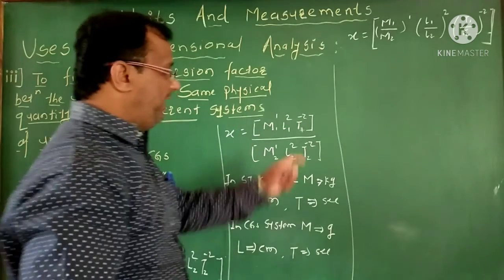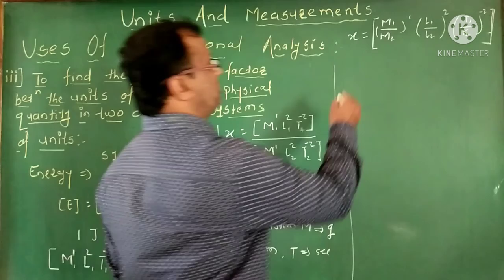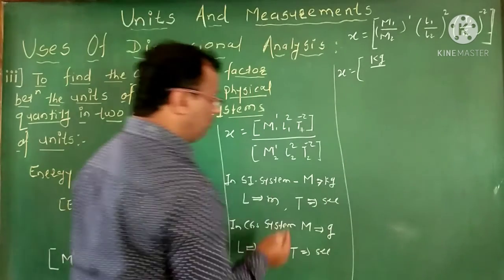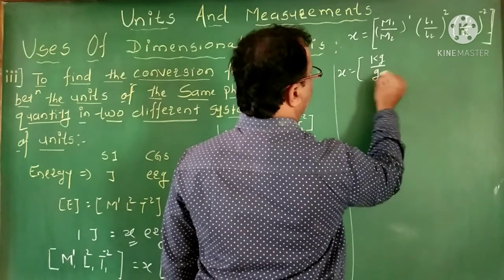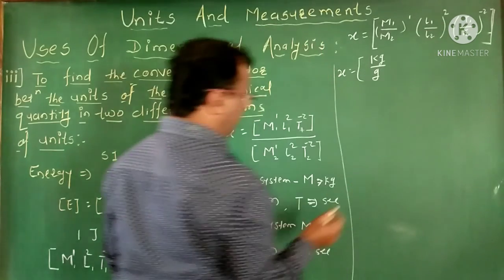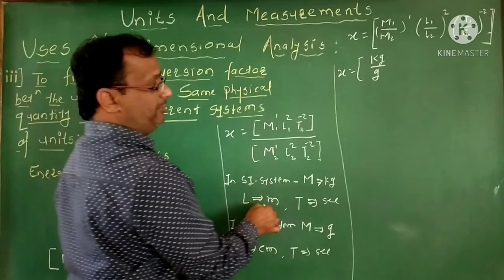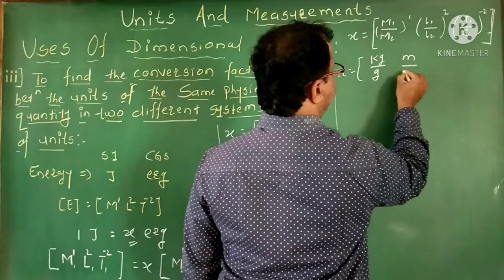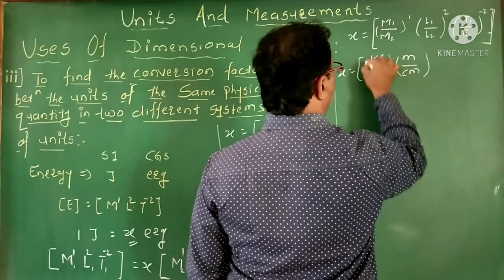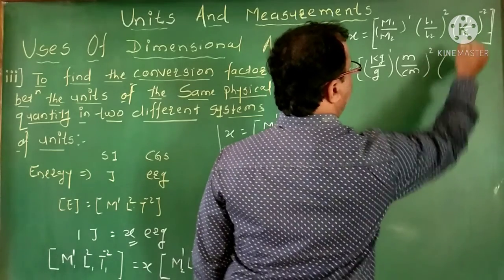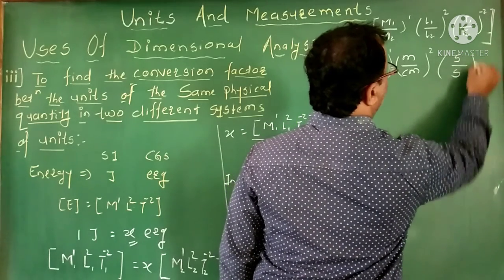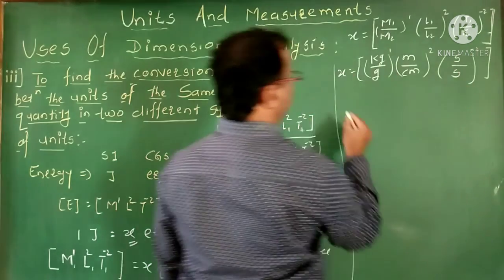Right? Then the value of M1 is simply kg. So we get x equal to simply kg, and M2 is simply gram. Then second one is length. So in SI system, length is the meter, and in CGS system, this will be the centimeter. But again, here power is 1, here power is 2. Similarly for the time, it is second, again second in both the systems, and their power is -2.